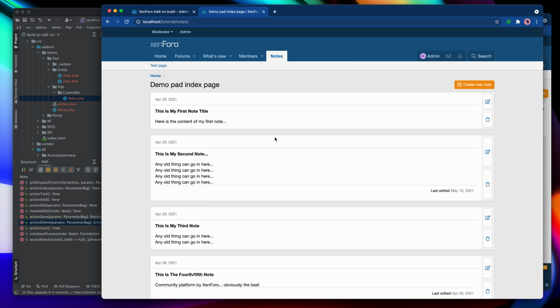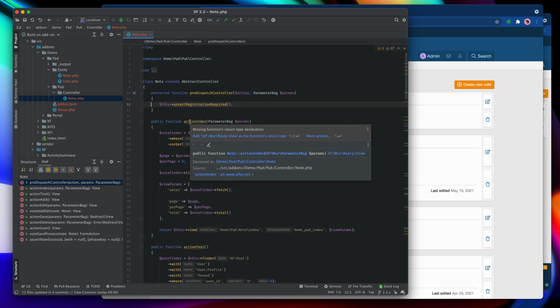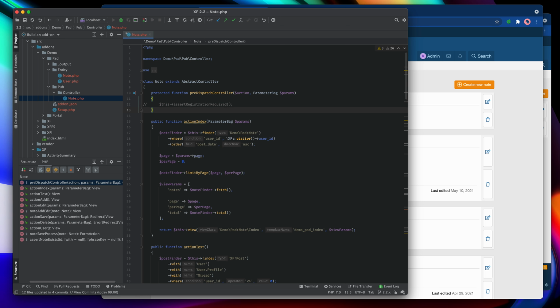them for their own purposes, I'm going to change that round so that multiple users can all post to this one shared space. And of course that's sort of duplicative of the forum itself, but we're only making a demo here, so who cares? So the first thing that we could look at doing would be removing the requirement to be registered. So let's just comment that out for now.